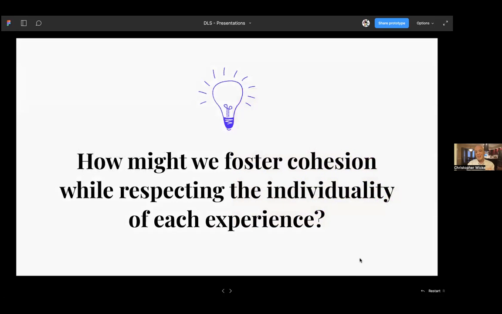And what we really heard too was that the design system should help you solve a problem, not try to solve the problem for you. It should be created in service of meeting user needs, and you shouldn't try to bend the user needs to fit into the system. So again, what we ended up doing was creating some how might we statements for the future system that we wanted to generate. The how might we statement we created around consistency was: how might we foster cohesion while respecting the individuality of each experience and knowing that people want to do right by their users?